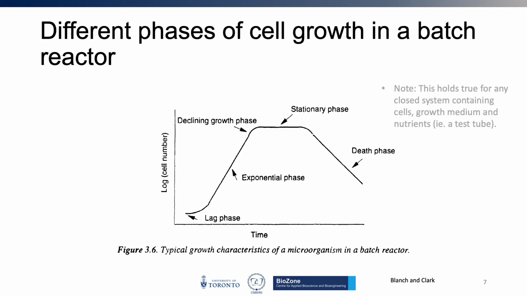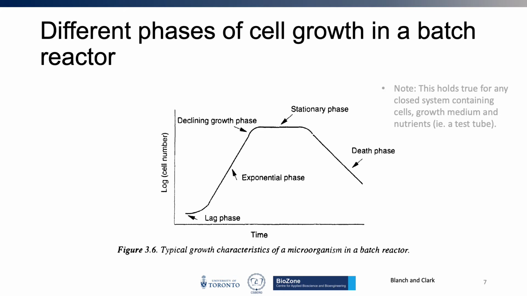So right now I want to talk a little bit about the different phases of cell growth in a batch reactor. What you see over here applies to most microorganisms that grow in a batch reactor. The growth starts off with a lag phase where the cells are just getting acclimated to the new environment, and is followed by an exponential phase where the cells are growing and dividing rapidly,